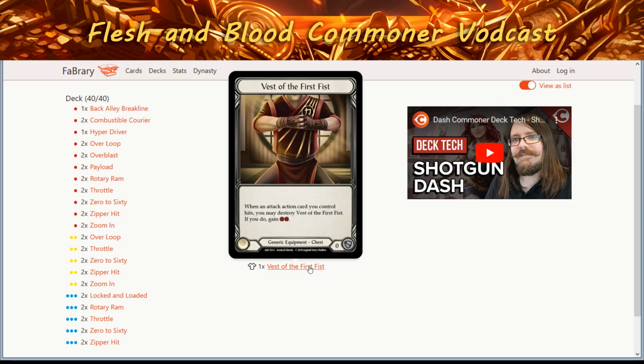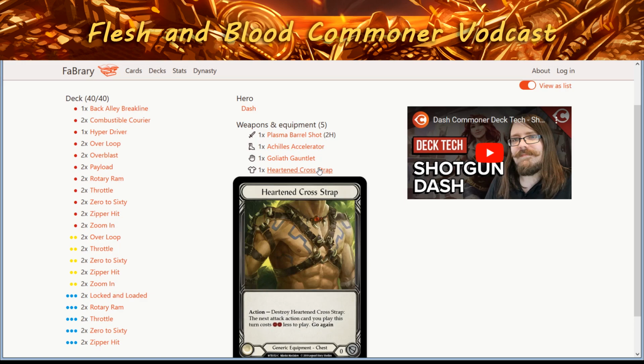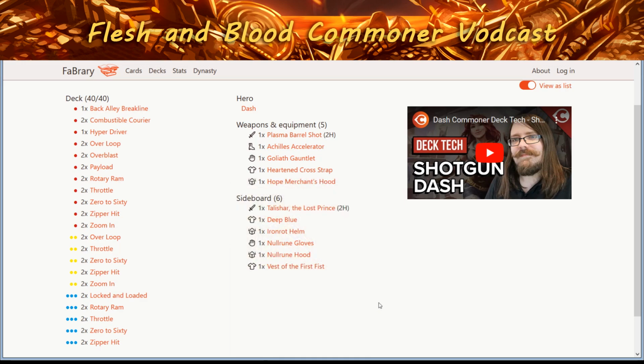So there's a lot of really good situations for Vest of the First Fist that Hardened Cross Traps would not help, because that would have reduced the 1 cost to 0, but you'd still have to pay the full 2 for the next thing. So there's definitely places for Vest. So I think it's perfectly fine to use either of these. I don't think you really should use the sideboard for that, but I mean,